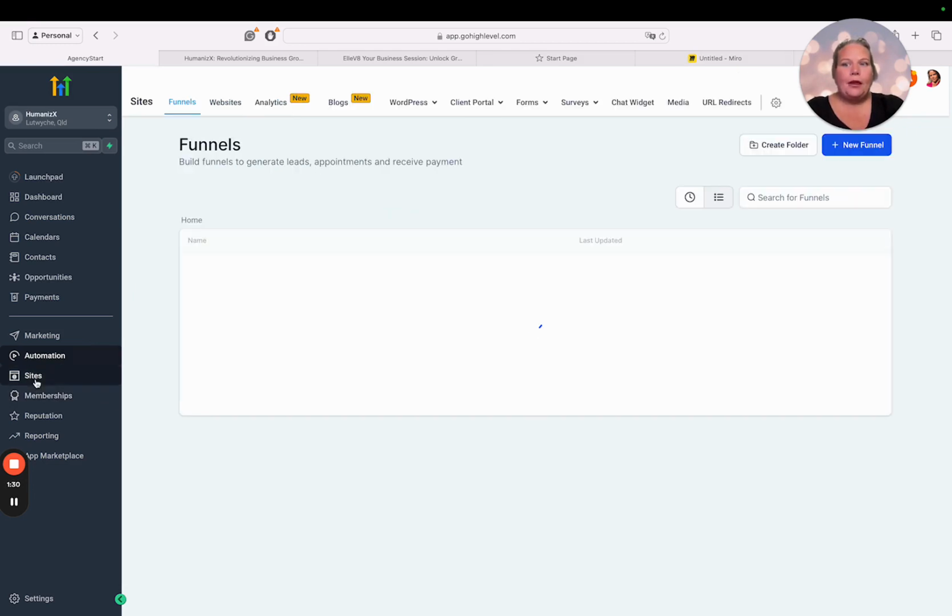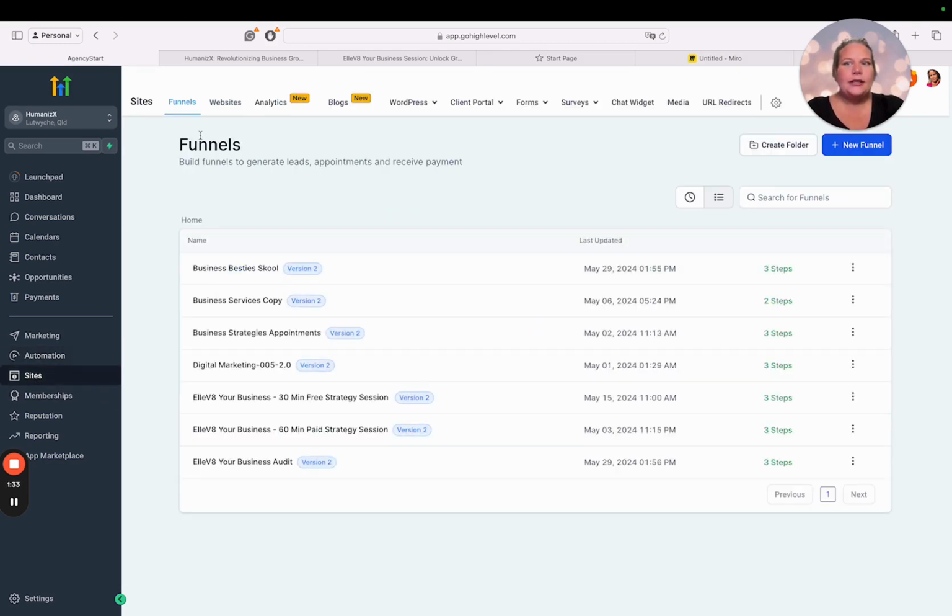And then moving on to sites. So sites is probably where I spend most of my time, and automations, obviously within contacts, opportunities and payments as well. But day to day, in terms of building a business, you'll spend the majority of your time between sites and automation. So inside sites, there is a tab called funnels, and this is basically where you're building your landing